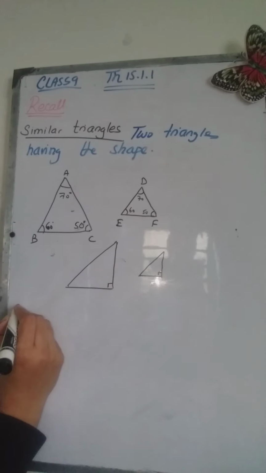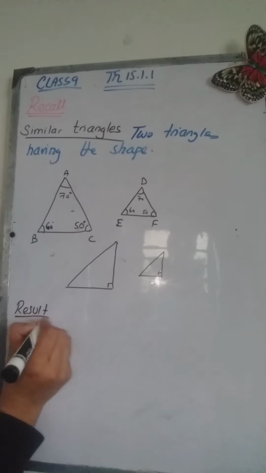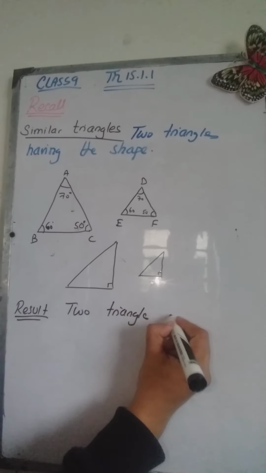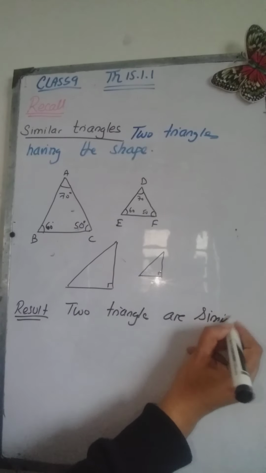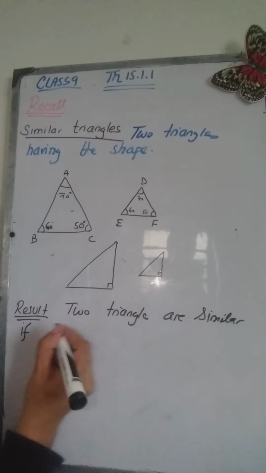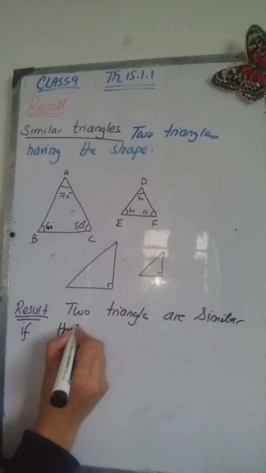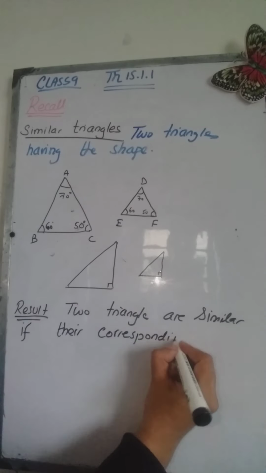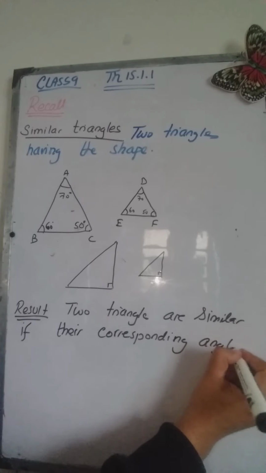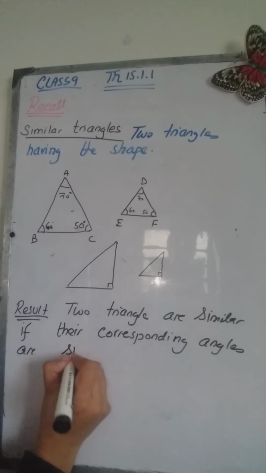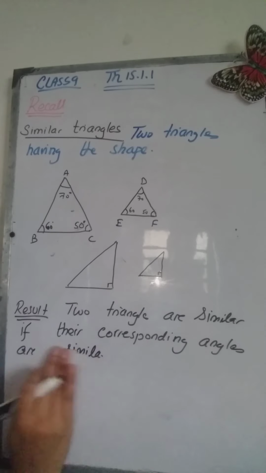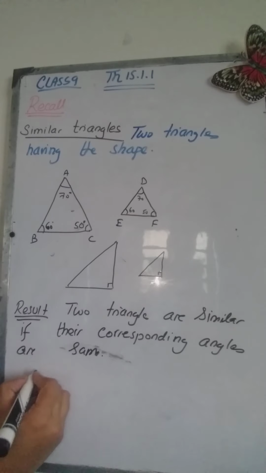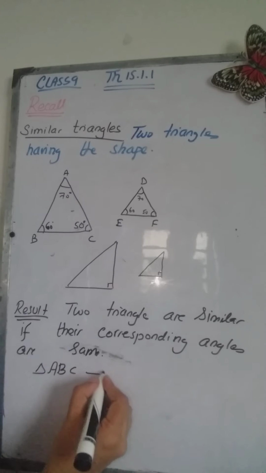So note down this result, that two triangles are similar if their corresponding angles are the same. So if the corresponding, for example, in this triangle ABC, we will take the corresponding